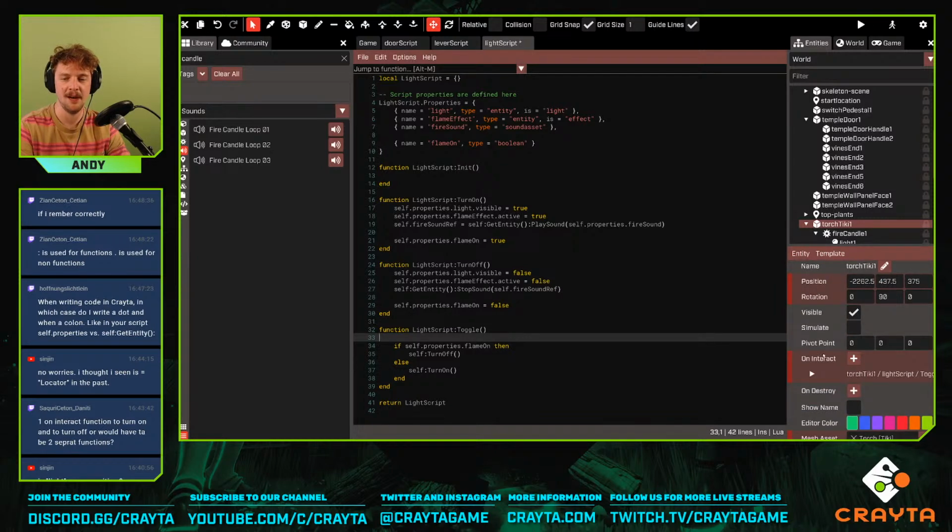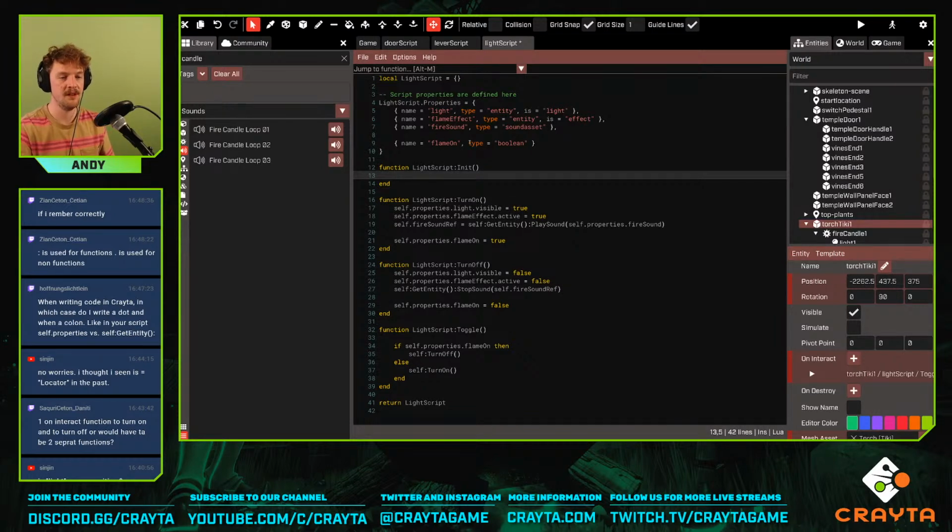And we hook up our toggle to the onInteract function, but that will just, if the flame is on, then turn the flame off, otherwise turn it on, and it will just run these functions. But we can also check when the game is initialized. That's what this init means. Init is called automatically by Crayta when the game starts, or whenever this thing comes into being in our game. Whenever this tiki torch